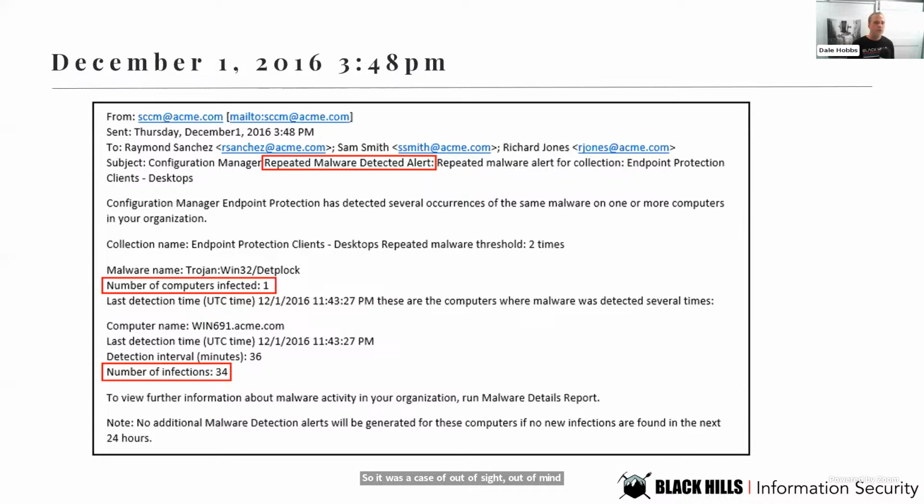Now, by just before 4 o'clock in the afternoon on that first day, the organization was again alerted to a virus infection on a different computer. This computer was owned by Acme, but was actually outside of the corporate network, located at a contractor's head office. The triage process was followed on this particular one. They determined that they would simply proceed with removing the virus infection on the computer. And being that it wasn't connected to the network, they determined that it was not necessary to investigate further at this time. The policies and procedures dictated that when the system was brought back to the office, it would be wiped and reimaged before placing it on the corporate network anyway, so they weren't overly concerned about it.